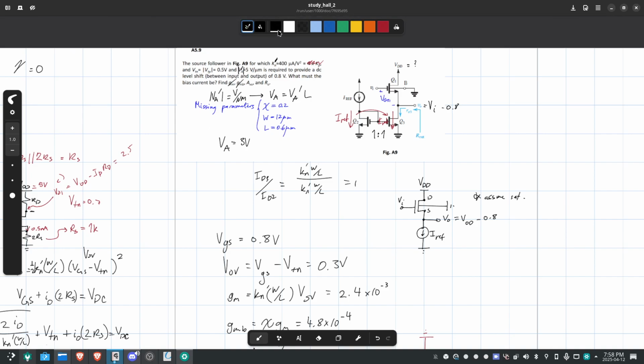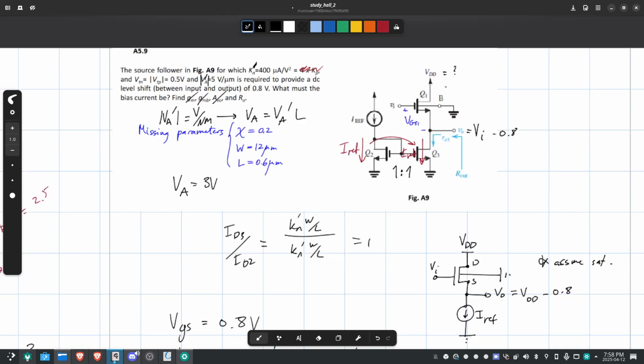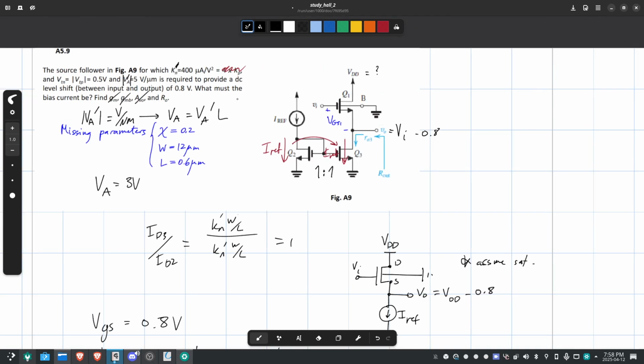So now we know 1 over AVO, and now we need to know Ro. What is R out? Well, in this case, usually we just perform a